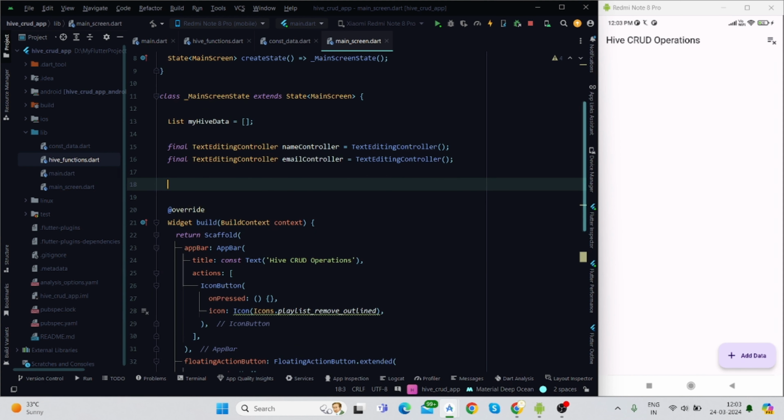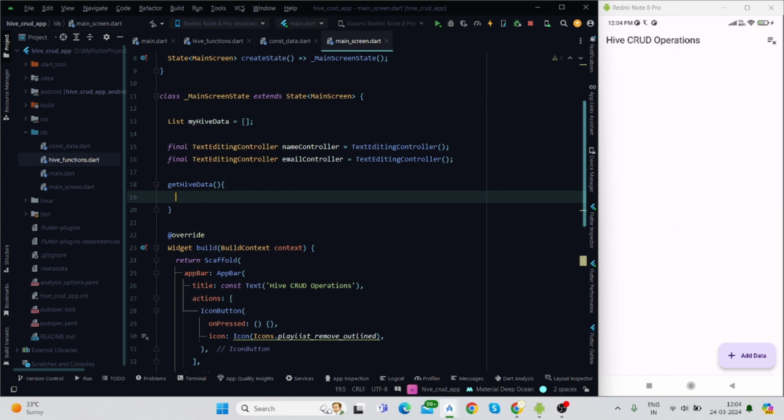And after that I'll create one method which will provide all of the saved user data inside the Hive database when we run our application for the first time. So get Hive data, and once it provides the data, we will initialize this list with that particular list of data which will be provided by the Hive database. So my Hive data equal to,